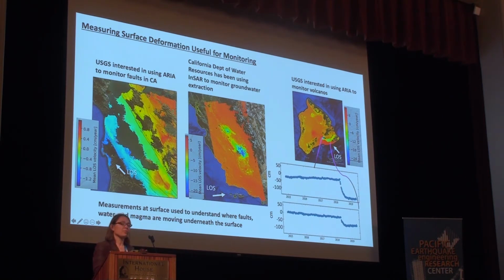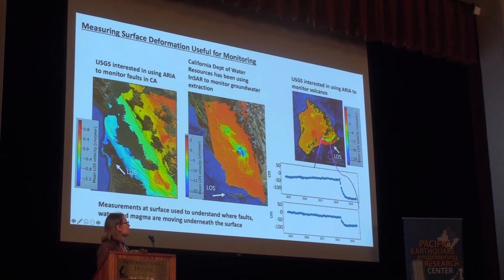We also have deformation rates in the Central Valley. And there in the Central Valley, most of that deformation is subsidence that's being caused by the groundwater being removed from the groundwater aquifers. And one of the things that, when we talk to the Department of Water and Power, when we talk to different agencies, and we've also talked with the Department of Homeland Security Critical Infrastructure Group, they're really interested in where this type of deformation